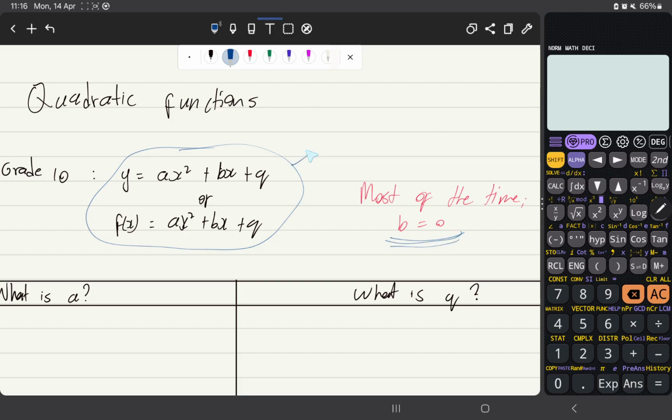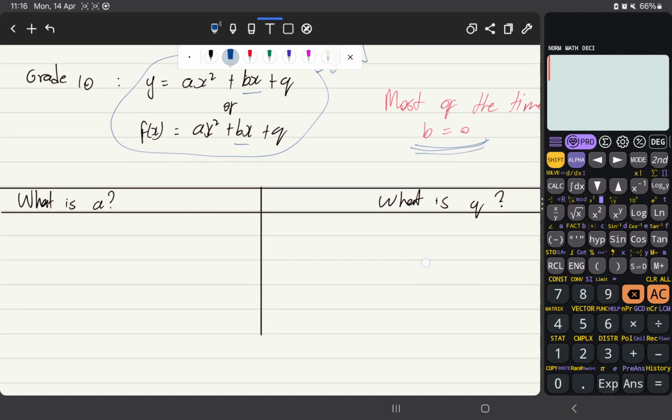So you had something like y is equal to ax squared plus q. You had something like this for most of your problems, right? But I just added the bx, just for generality, just to generalize the whole quadratic equation form,